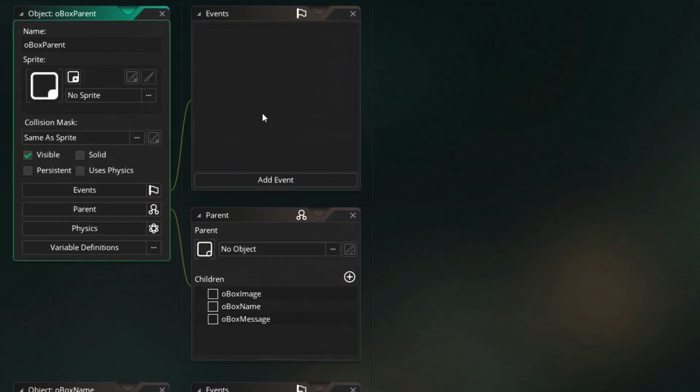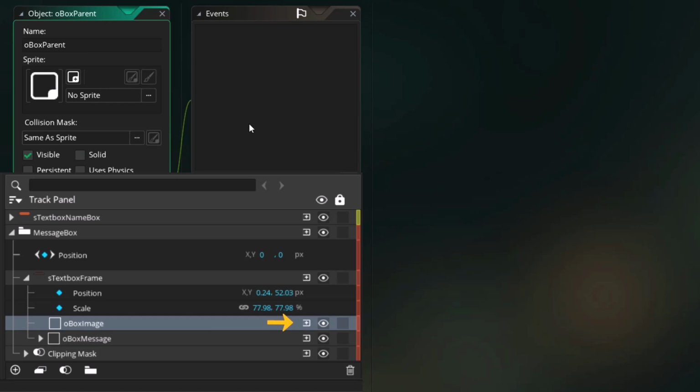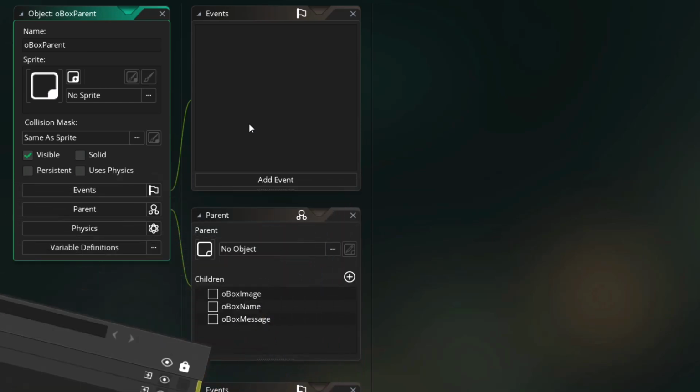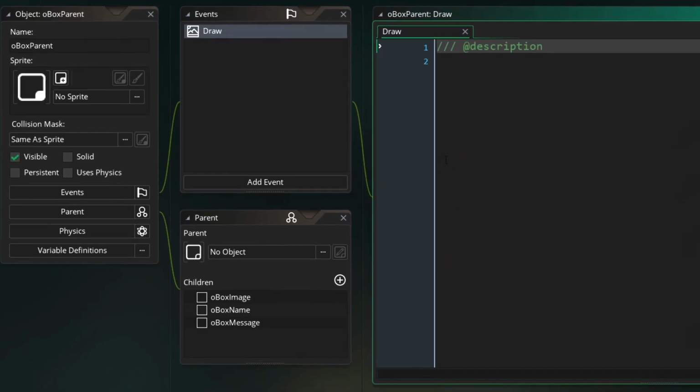Now usually to make an object invisible, you just disable the visible option here, but because the boxes are being used in a sequence, in this case their visibility depends on the visibility of their tracks in the sequence, so we need a way to make these objects invisible in the game without having to make them invisible in the sequence editor. So to do that, I'm going to add the draw event in this object and then leave it